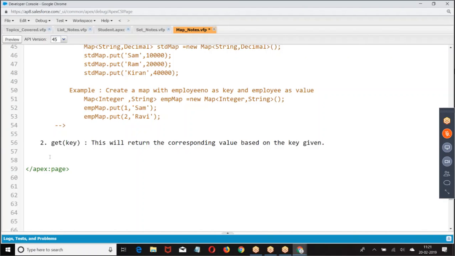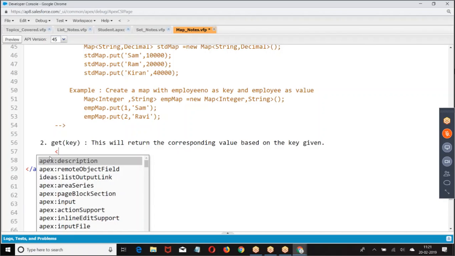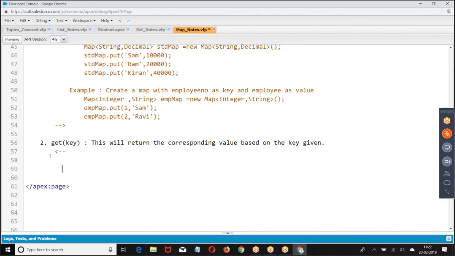Now look at this. This is how I take it.